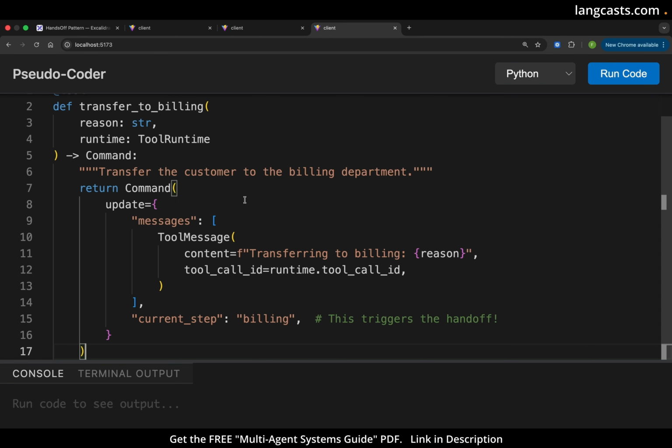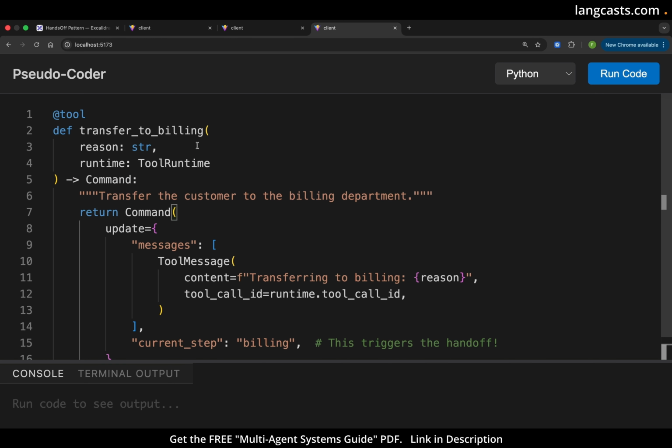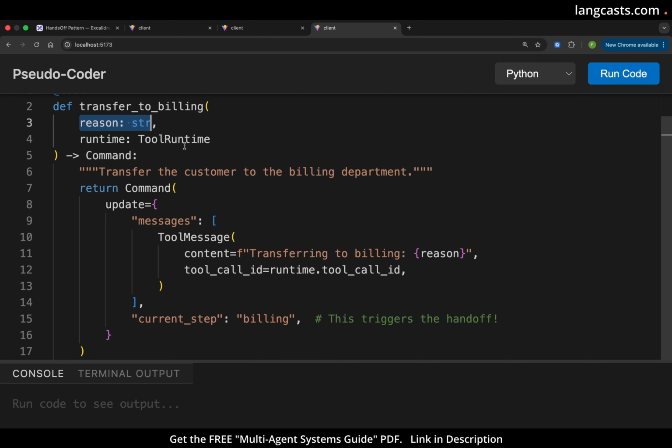And as I mentioned, you can do your handoff within a tool. So you write a tool. For example, this tool says transfer to billing. One thing you can see with these tools is that they are very specific, even though you can make it dynamic by passing the particular tool you want to transfer to. But this one is very direct. It says transfer to billing. You get your reason in, which is the reason from the agent that is transferring the control. You get your tool runtime. You then return a command object. Use your command object to